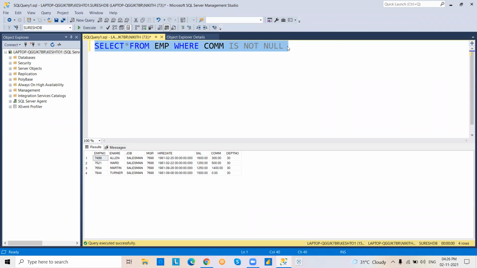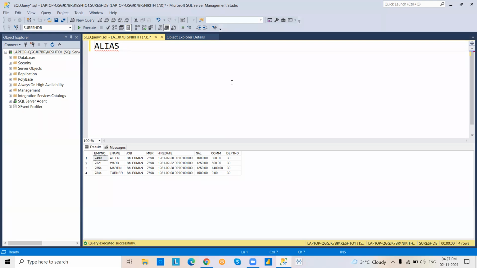So coming to the next scenario, alias name. Alias means a second or duplicate name. A second or duplicate name can be assigned to a table or column. See, my question is, a table contains a name, a column contains a name.